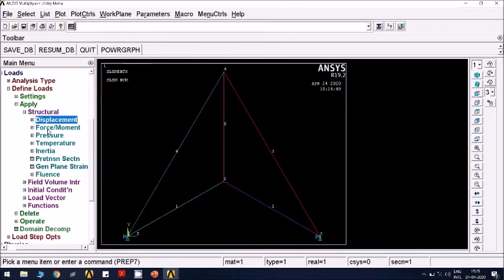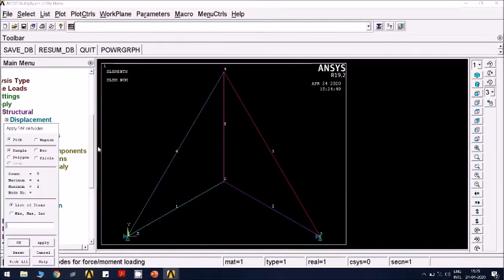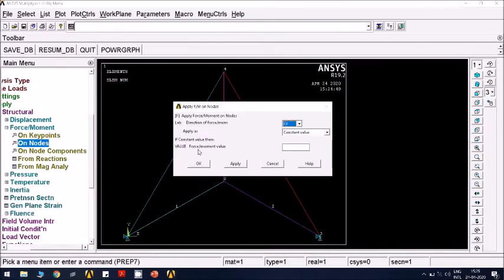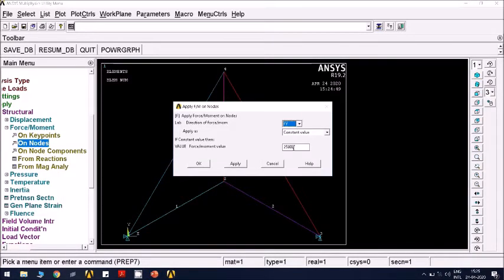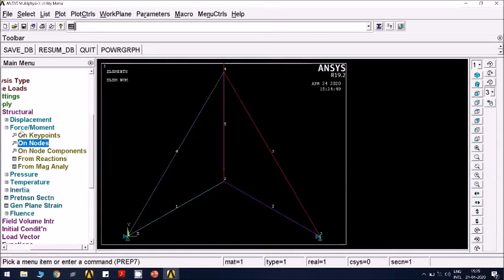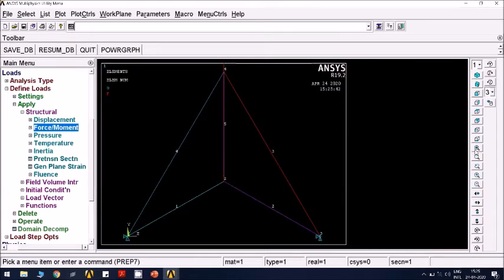And force on nodes: at this node there is a force of Fy component in the upward direction, so positive 25 E3, 25 kilonewton, you have to enter, apply. Then select the fourth node and apply a load of 50 kilonewton here, click OK. So it is applied.